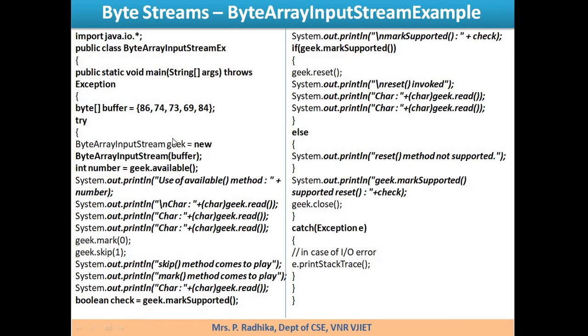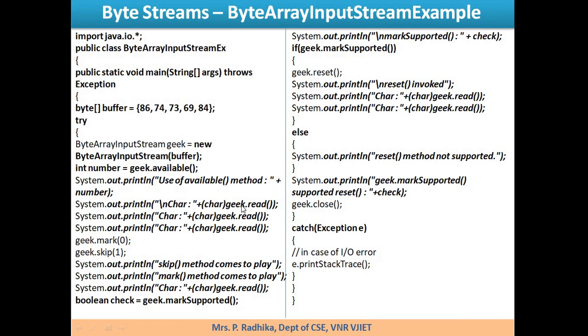We create an object of geek here, and we initialize a buffer with the integer values here, and we initialize byte array input stream geek equal to new byte array input stream, and we are passing this buffer as a parameter here, and we are storing the total number of available bytes into this number, and then we are printing it.